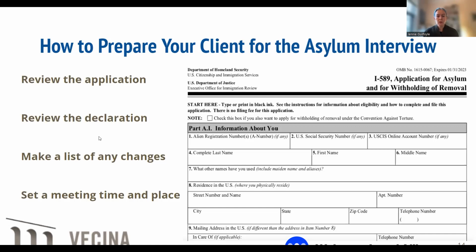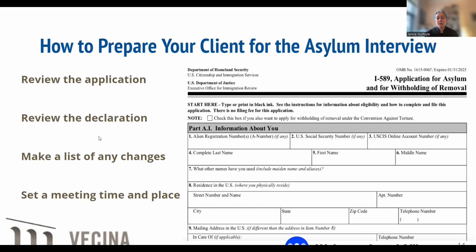In terms of the asylum interview and the I-589 application, asylum officers will often go through the application form in a very painstaking way during the interview to confirm that all the information in it is correct. It is very, very common that when you're preparing someone for the interview, you realize there's a few things in the form that are not correct. Maybe the person moved, maybe they got the name of their grade school wrong, maybe they realized there was a slightly different date for when they lived at one of their addresses, whatever it is.